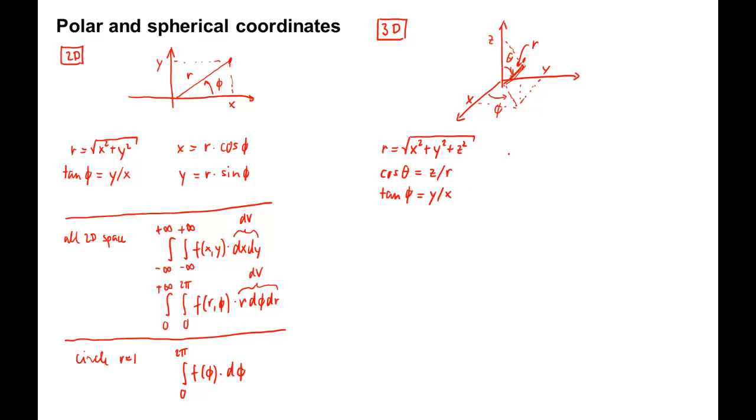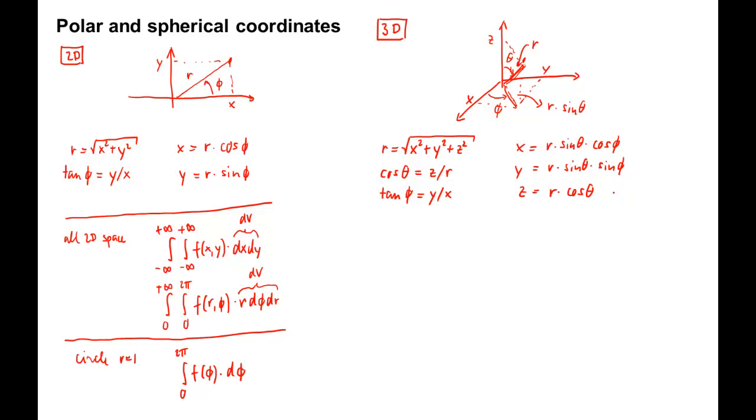To obtain x, y, and z from the spherical coordinates, note that the projection of the r vector onto the xy plane, that is this here, is equal to r times the sine of theta. With this we get x equals r times sine of theta times cosine of phi, y equals r times sine of theta times the sine of phi, and lastly z equals r times cosine theta